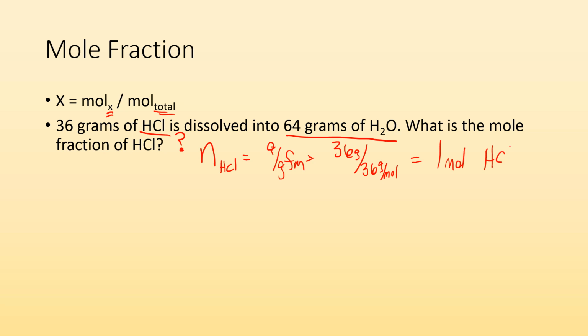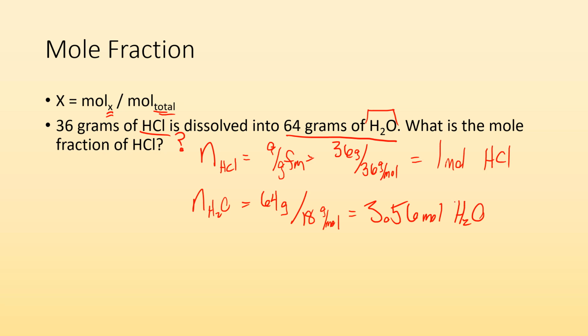of HCl. Now I have to do the same thing, but for water. How many moles of water is 64 grams? Well, I have 64 grams of H2O divided by, I need to figure out the gram formula mass for H2O, which is roughly 18 grams per mole. So when I do that math, I'm going to have to go to my cheat sheet because I'm not that good at math. I end up with 3.56